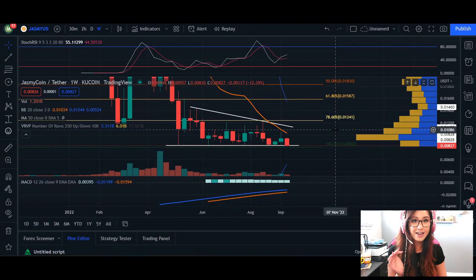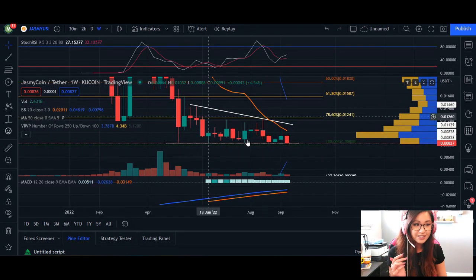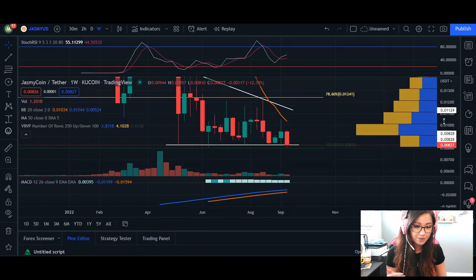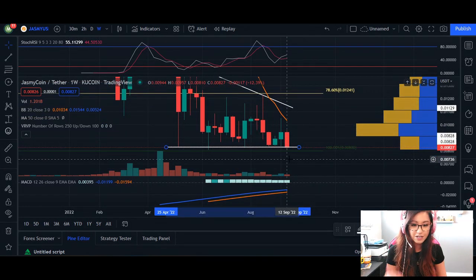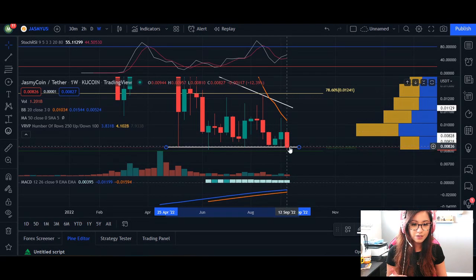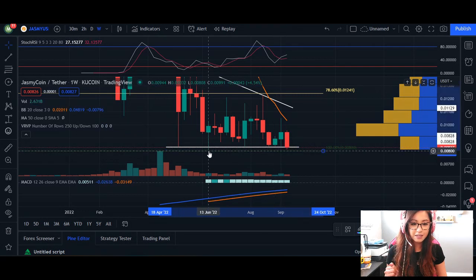Heading over to the chart here on our weekly time frame, you guys, we can see our essential descending triangle itself is on alert right now so far for the week because we crossed this threshold, supposedly, of our support. But we can see here on June 13th we retraced as low as 0.00808. So again, we are hoping to catch ourselves around that area as we had broken through so far of this support. Multiple candlesticks retraced to this line of support, but ultimately we have the